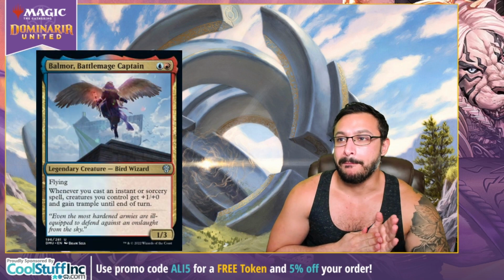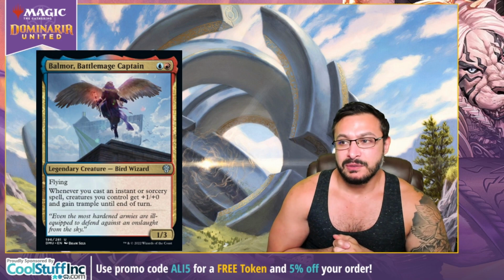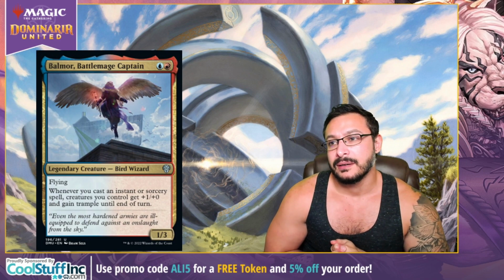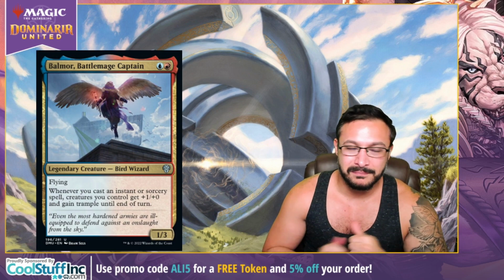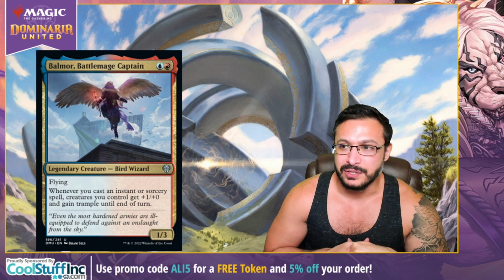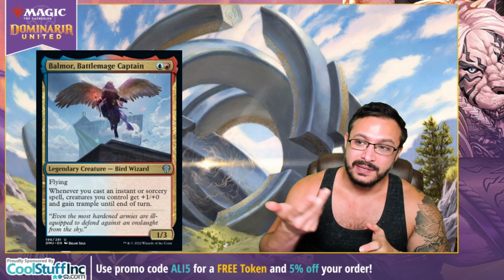This next one is Balmor, Battle Mage Captain. 2 mana, 1/3 flyer. Whenever you cast an instant or sorcery spell, creatures you control get +1/+0. And you're like, okay, +1/+0. That's not that sure. But why not just play another prowess creature? Why play this one? It's because of the next part that says, and they get